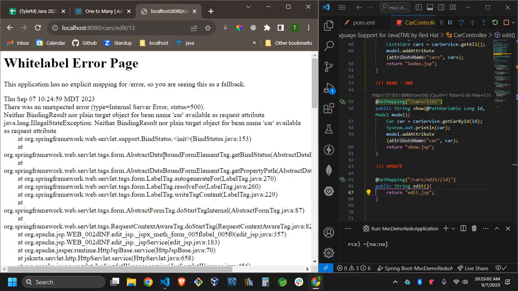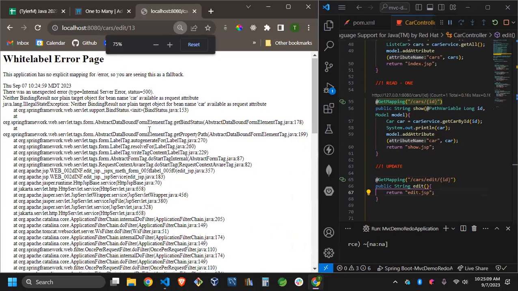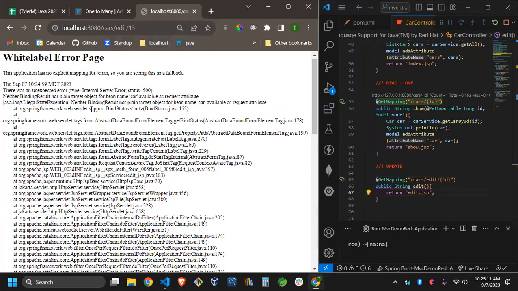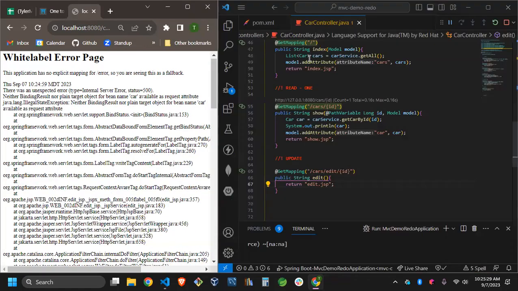Cool. Different error means progress, right? So binding result, and ignore all the noise. Look at the top, right? Neither binding result nor plain target object for bean named car available as request attribute. So it's obvious what the problem is, right? That's clear as day, right? That's a joke. So what's missing is I have in my edit.jsp,